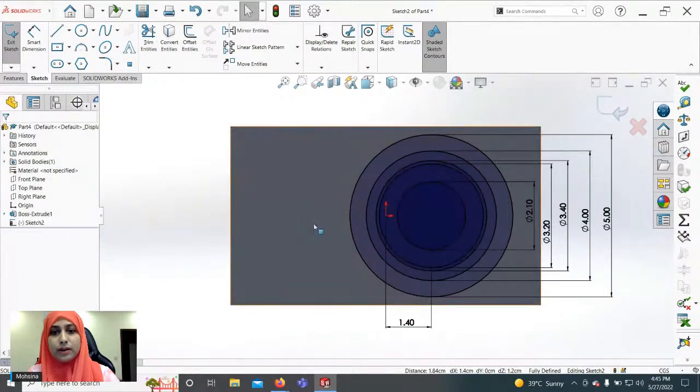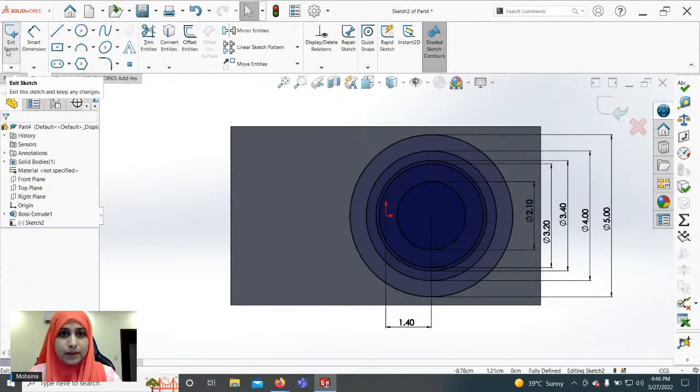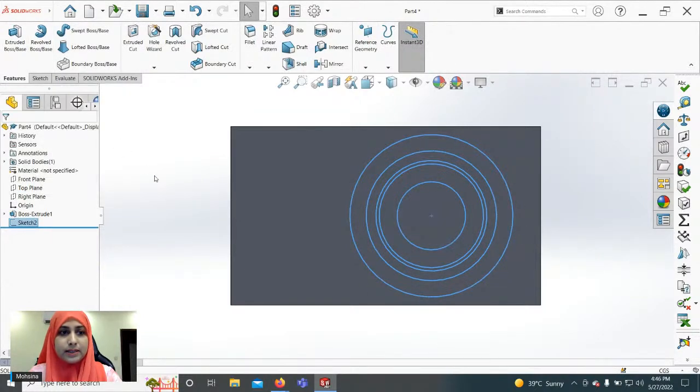When you click OK, these 2 points are now horizontally aligned. You can notice that the sketch turned from blue to black, and the status at the bottom has changed to fully defined. And this is what we want for each of our sketches. Let's exit the sketch as well.